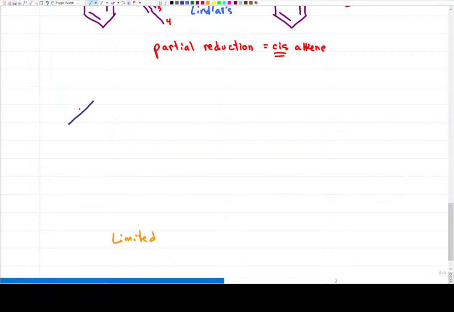So let's take a look at propyne. If I react propyne with H2 and a Lindlar's catalyst, I break the pi bond. And my only option is to draw the molecule, the skeleton like this, with a pi bond. There's no cis and no trans because I have a hydrogen here, and I'll show the second one in green because it came in from here, and I'll also show this one. Well, technically, that is incorrect. It's the two green hydrogens adding to the same side, and the gray hydrogen is what I